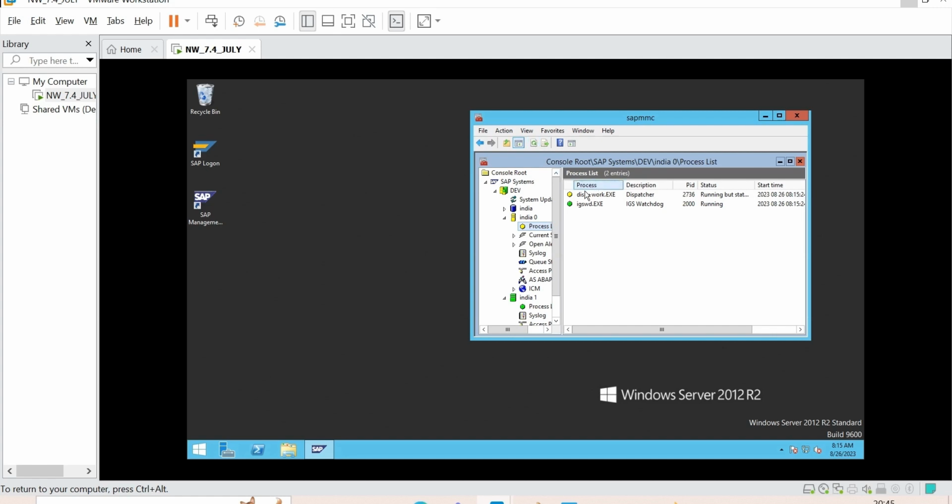Display plus work. So here you won't find 20 display work.exe. Only it will show one. That means your dispatcher and work processes start together and stop together. That is the reason we are having display plus work. If I am having 20 work processes, I will not have 20 display work.exe.